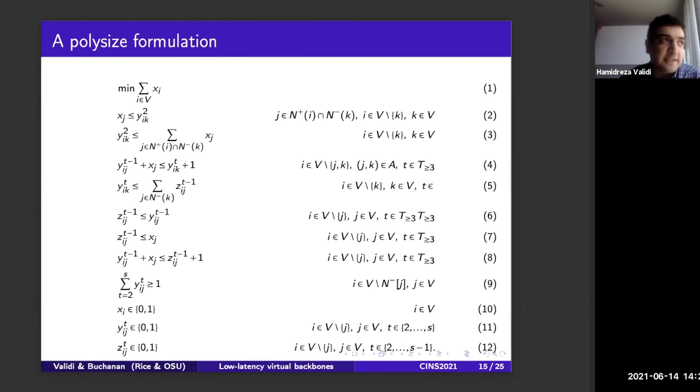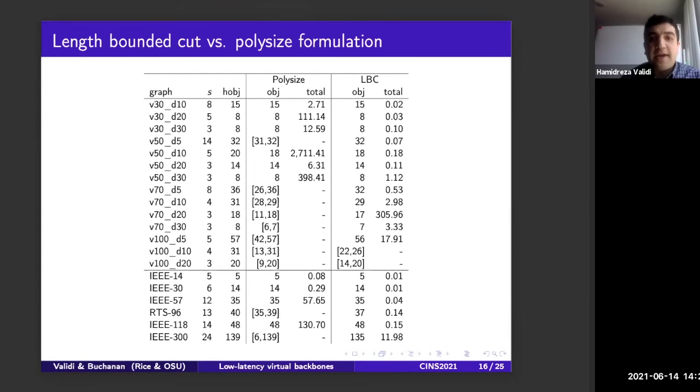Vermayev and Bujinsky have a nice paper, an e-journal paper, in 2012. And then you can see these kinds of formulations for other problems, like S-clubs and S-club partitioning problems. You can also see the same idea there. So inspired by this, we proposed a Polysized formulation, and then we compared our length-bounded cut formulation with